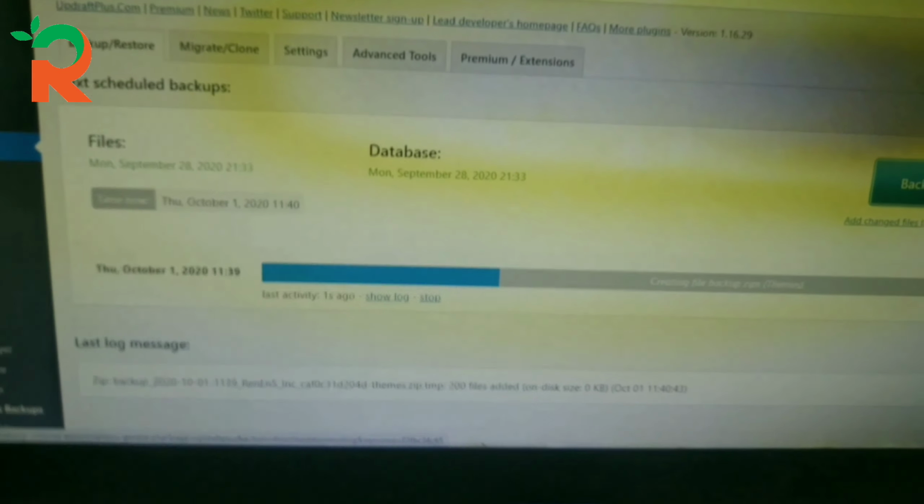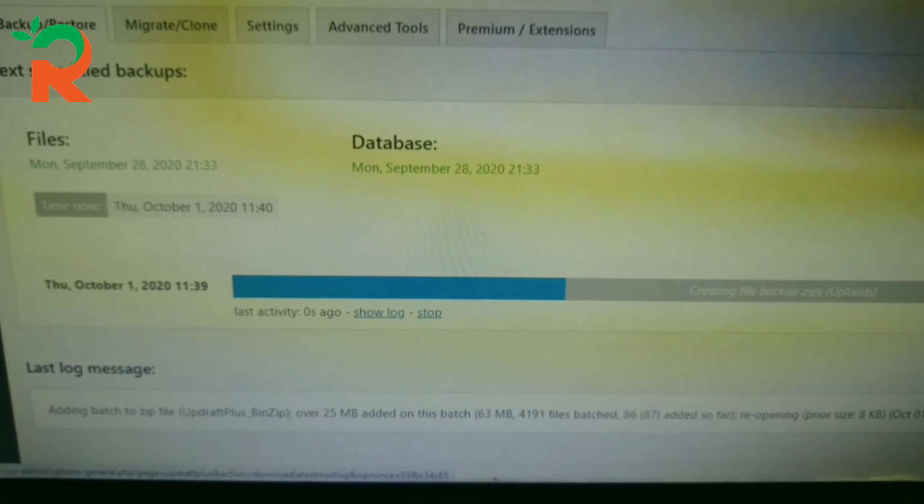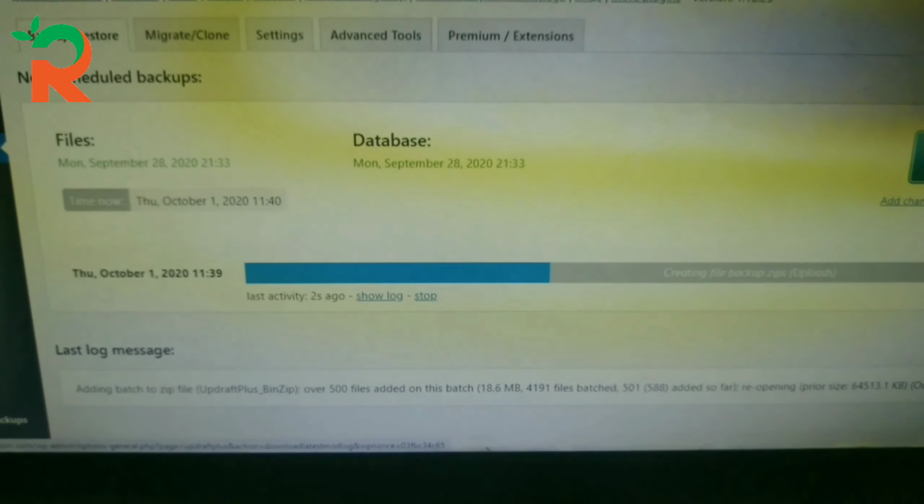And after a while, when I decided to take another backup, I reinstalled and activated the plugin again, and then decided to find a solution to make a speedy backup.